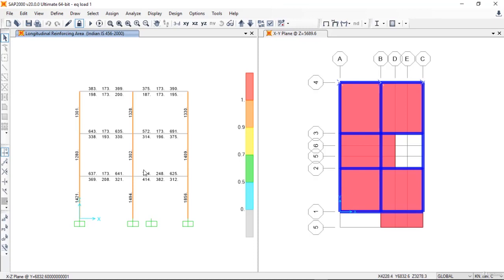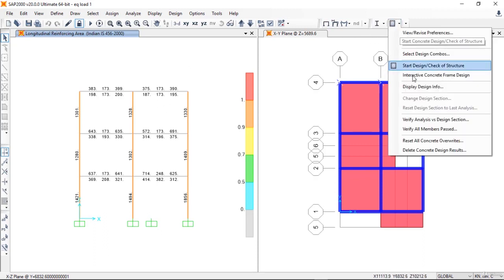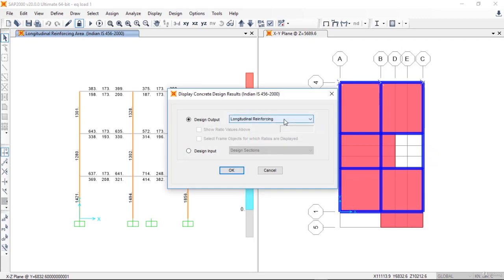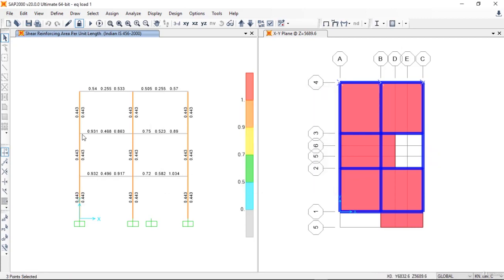Well friends, now that we have detailed the longitudinal reinforcement of the column, we'll see the lateral ties here. Okay, so for that, click on this drop down menu over here, click on display design info, click on shear reinforcing, and click on OK. So the shear reinforcement of the column as well as the beam is given, so we'll focus on the column